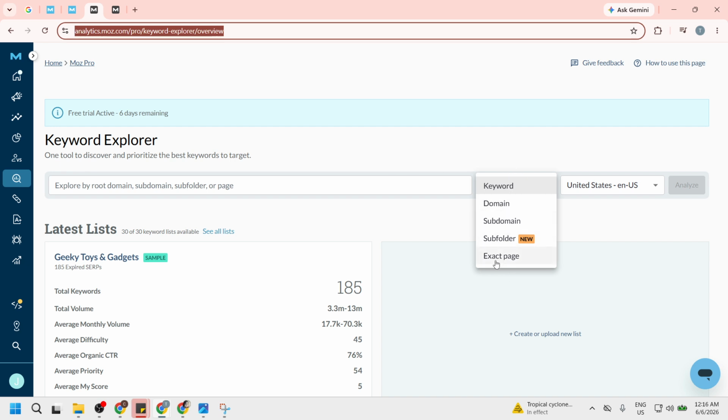Moz gives you more than one way to approach research, depending on whether you want to start with a topic idea or learn from competitors. If you choose to explore by keyword, type in a broad seed term related to your niche. For example, if your business or content is in floral services, you might enter something like wedding florist. A seed keyword is a starting phrase that helps Moz generate related ideas and show you how people may be